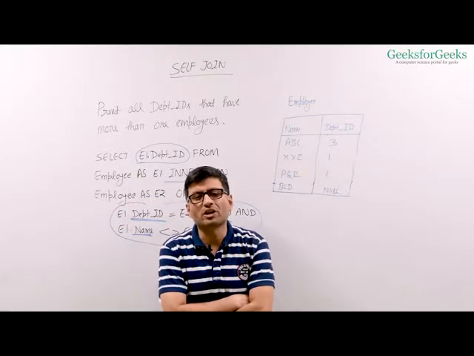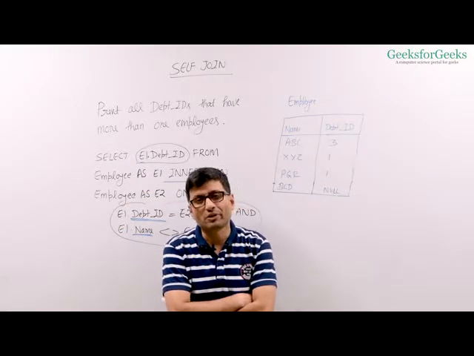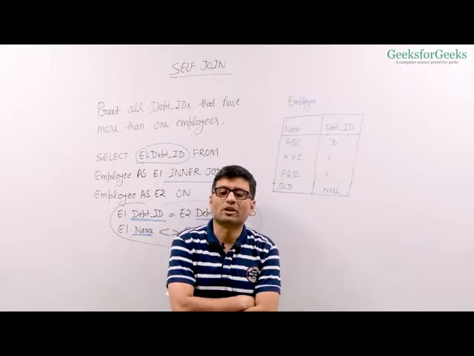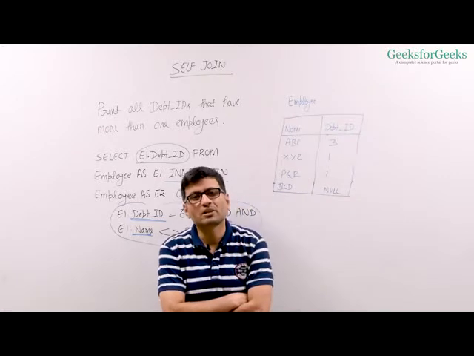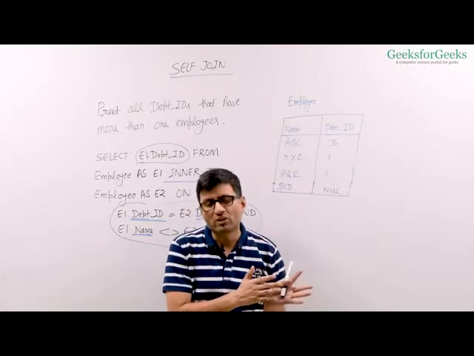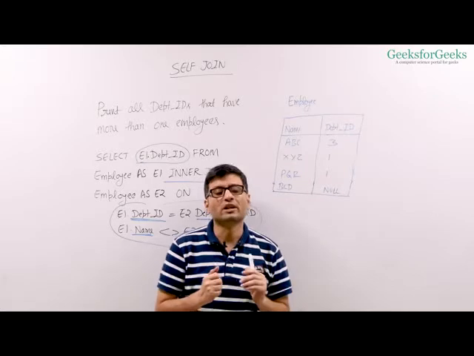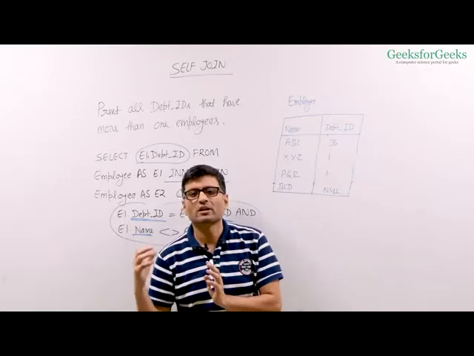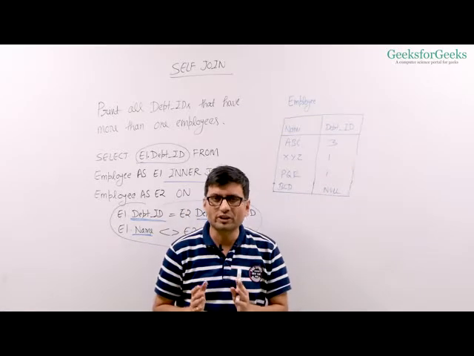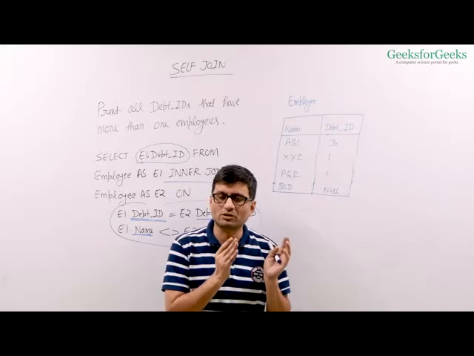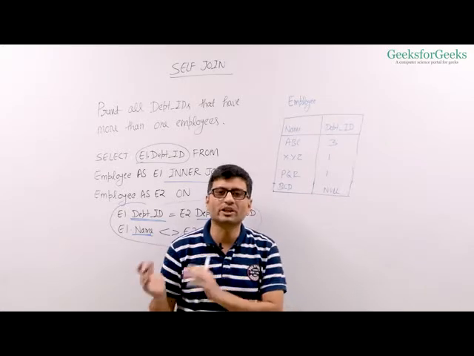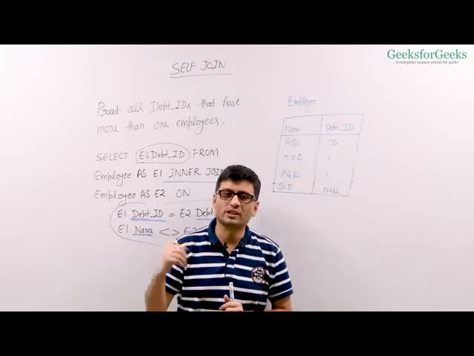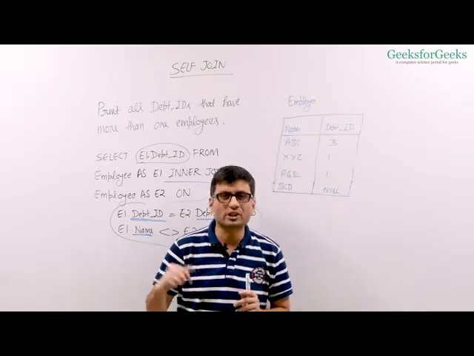In this video, we talked about all the joins. We talked about inner join, which is the intersection of 2 sets. Then we talked about left outer join, which is intersection plus remaining rows of the left table. Then we talked about right outer join, which is intersection and remaining rows of the right table. Then we talked about full outer join, which is intersection plus remaining rows of the left table plus remaining rows of the right table. Then we talked about self join, which is a join on the table itself. So you have one table joining to itself.